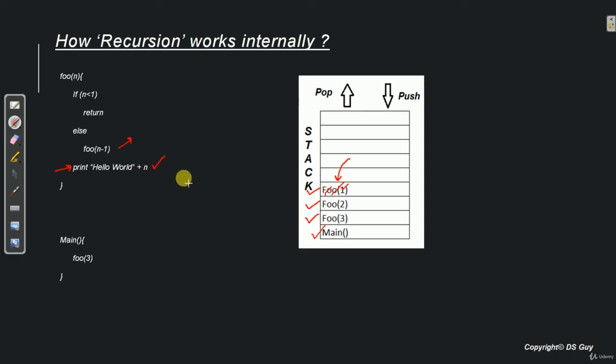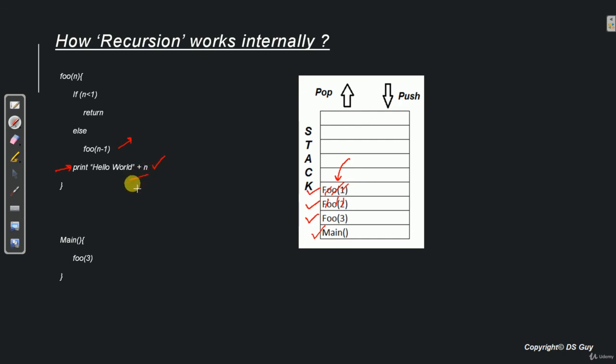So now the system needs to come to the stack and see what needs to be executed. It says foo2, there is some pending work. So it pops out from here and comes to foo2. Again, what was pending in foo2? This print statement. So it will print hello world 2 because the value of n is 2 right now.